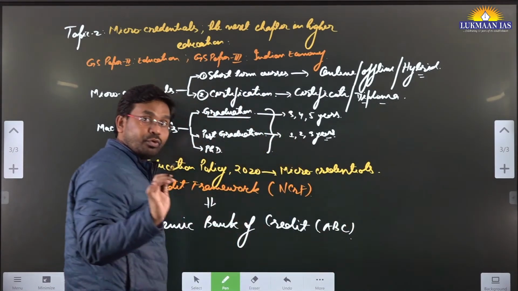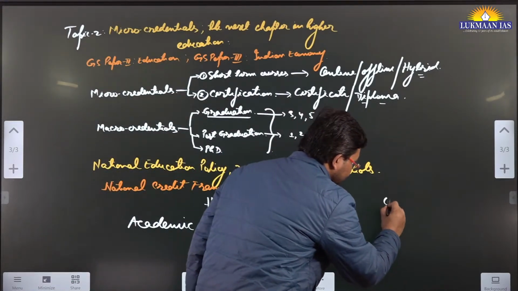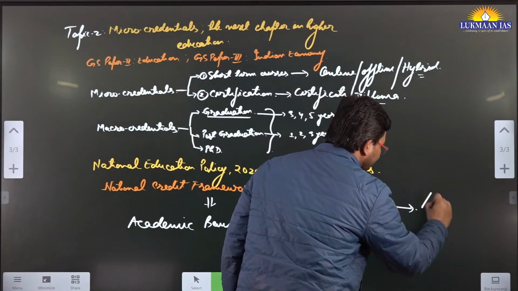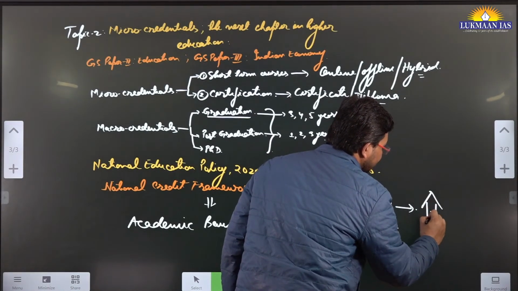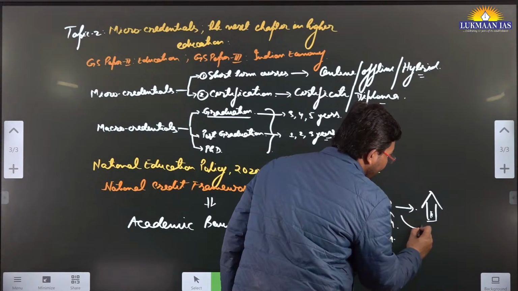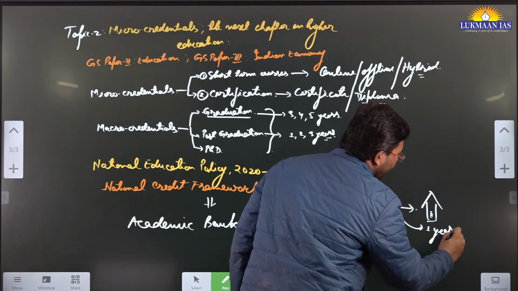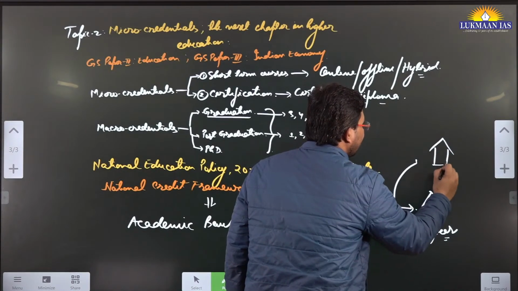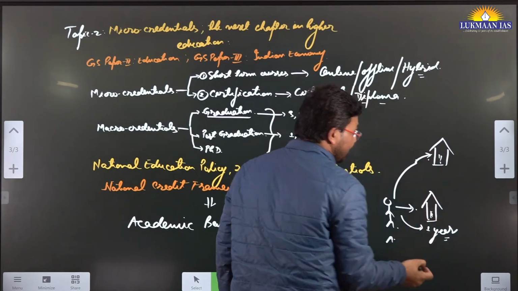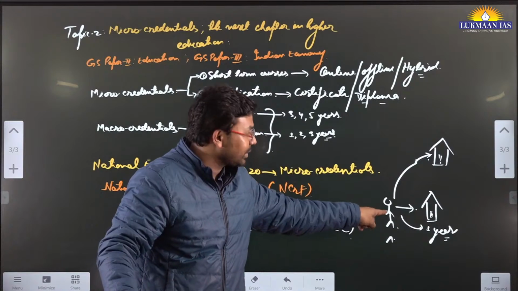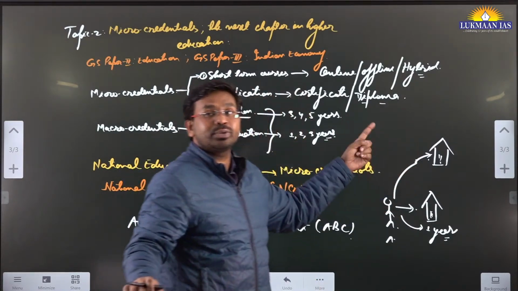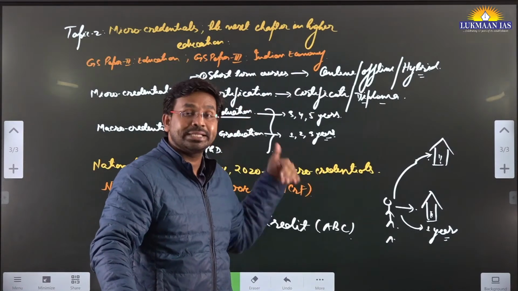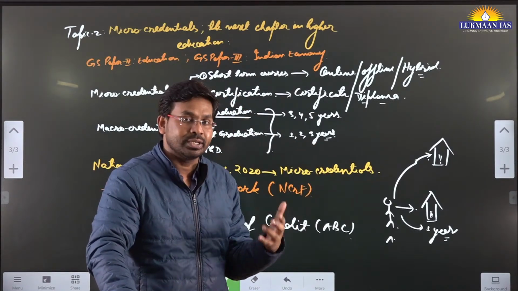For example, you as a person, let's say A, get educated from a particular university. After completing 1 year of study, you can drop out, then join another institution and do further study. The credits that you have earned from the first institution will be transferred to the second institution, and cumulatively, after maybe 3 years of study, you can get a graduation. This is the thing.